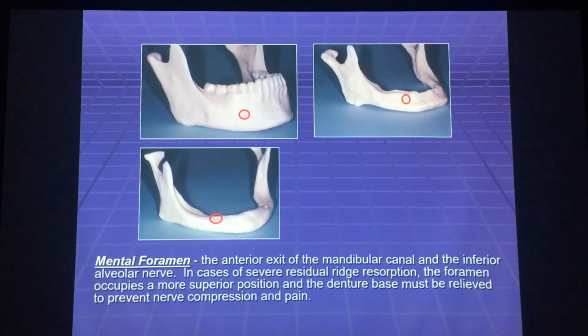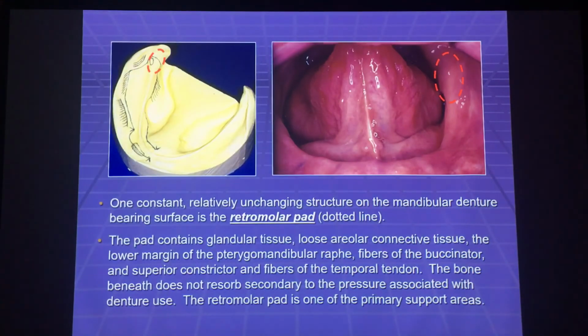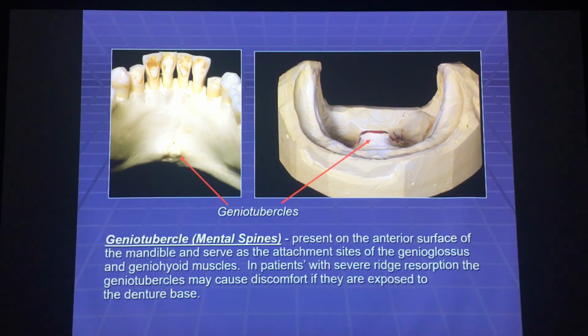So now the denture is sitting on top of the ridge, and you've heard a lot of things out there in the marketplace, implants to get pressure off there above it, or soft liners that people are advocating for this type of pain, the compression of the mental foramen. Lingual freedom, we don't want that overextension. Retromolar pad, which remains constant, it doesn't atrophy, it stays at the same height. And that's why we can use that as a reference point for our occlusion rims of 2/3, as we did last year. Genial tubercles,